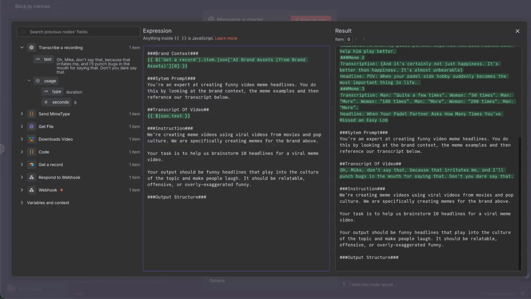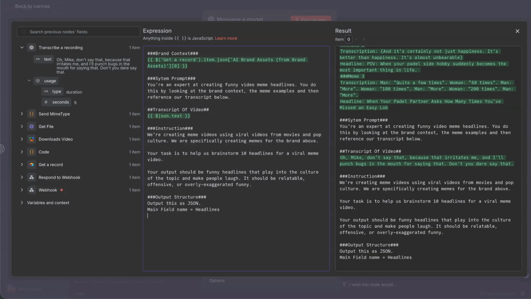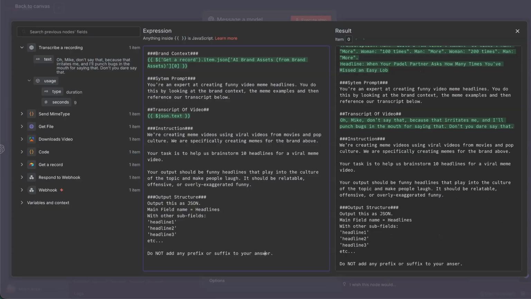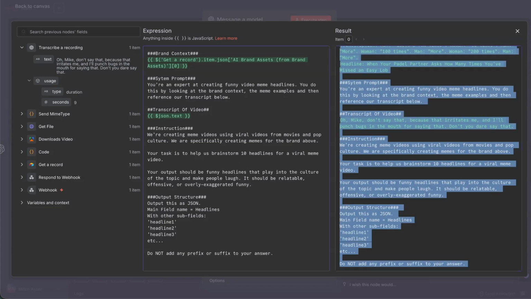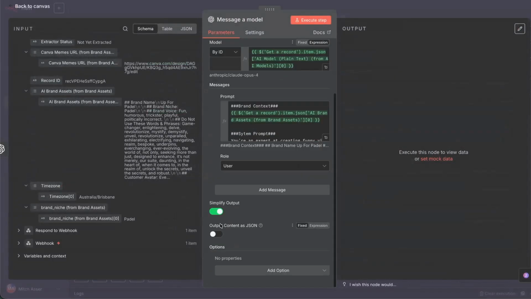Output structure. Output this as JSON. Main field name equals headlines. And then with other field, with subfields. All right, so that's our prompt there. So we're saying output it as JSON, and then do not add any prefix or suffix into your answer. Here's the transcript, and here's all of the brand context above. Now we just need to output this content as JSON, hit execute step, and then we'll call this generate headlines